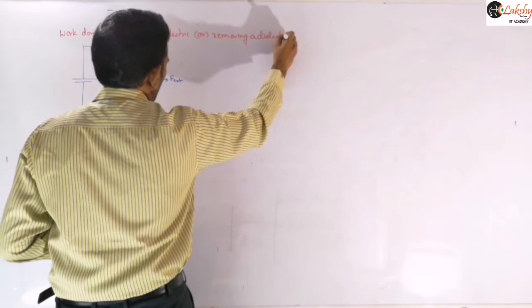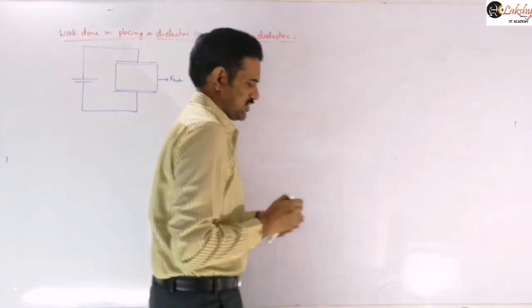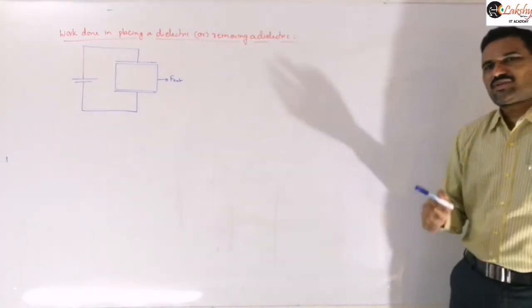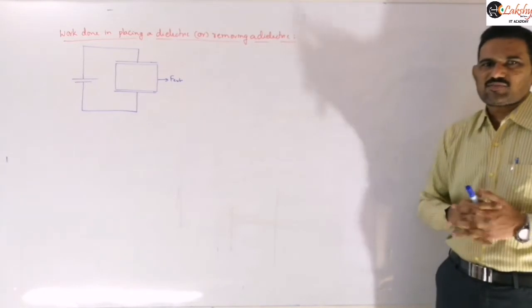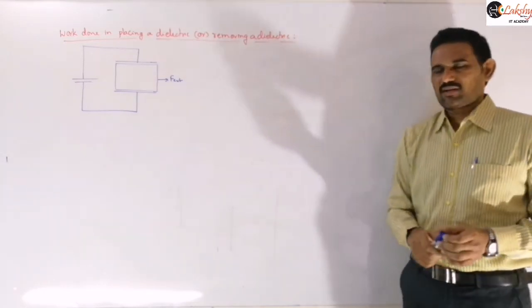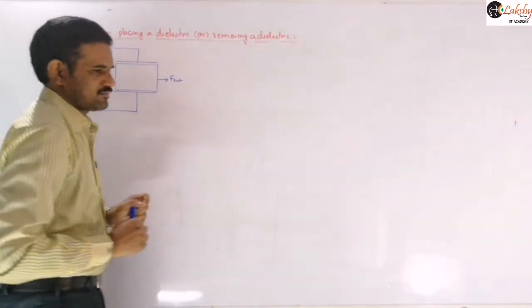That means sometimes the dielectric may already be present in between the plates and we need to remove that, or initially it is not there, then we need to insert that. Both the calculations are similar, work done either to place the dielectric or to remove the dielectric. And for all those, what we need to consider here is just to mention that